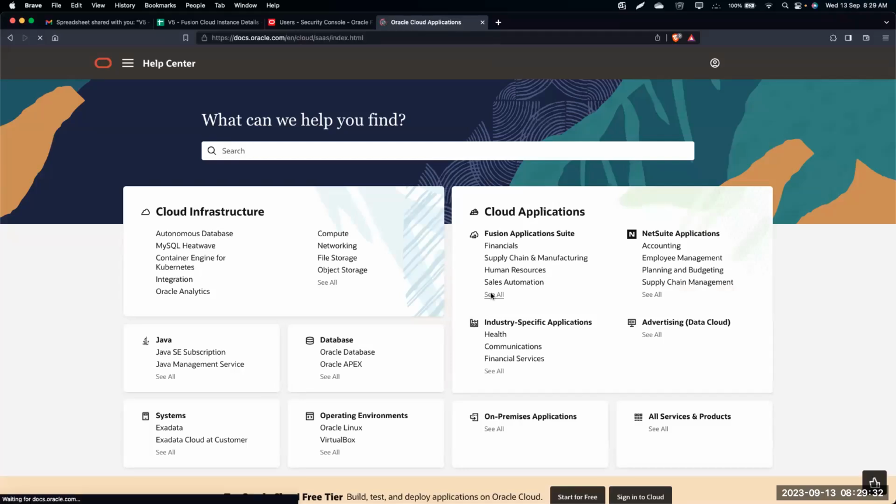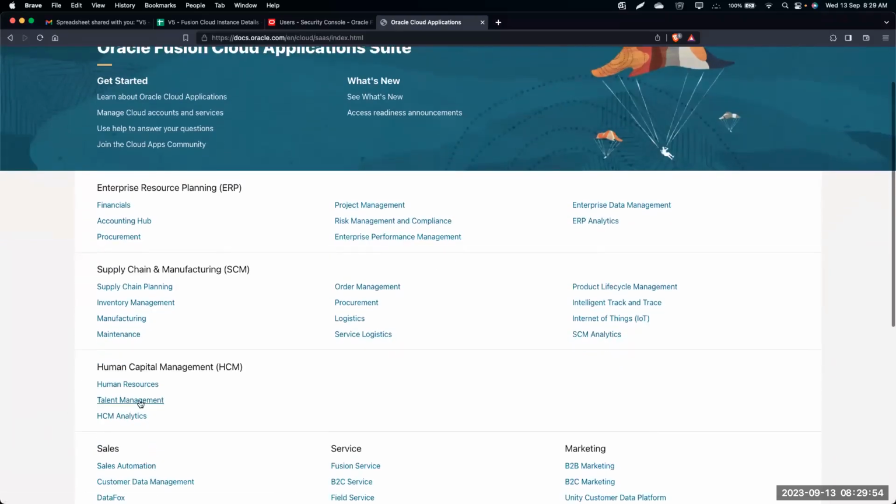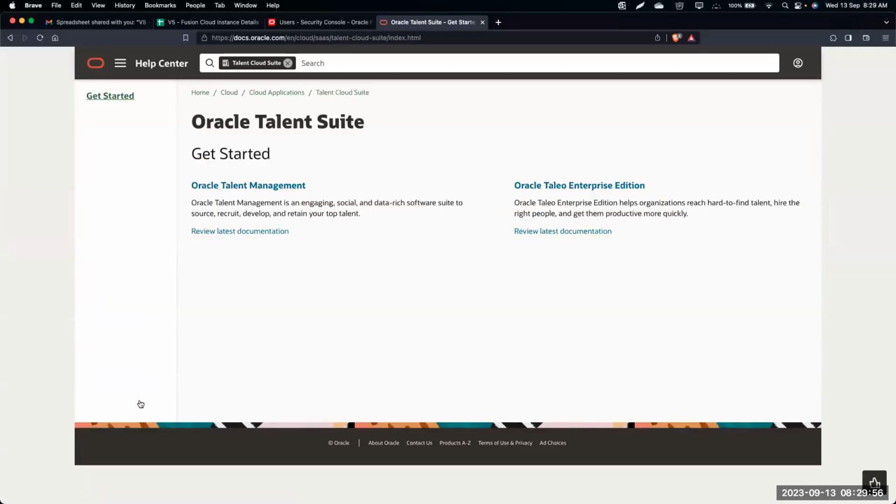Ideally, once you start working on the ORC module or any module, you don't need a separate list to track all the roles. Over a period of time, based on your experience, you will have those roles at the top of your mind. For example, recruiting: I've been doing this for the last 4.5 years, so I know all the roles. You don't need that much experience or time to memorize it.